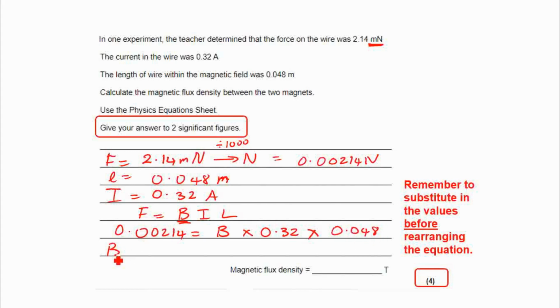Therefore, B is going to be equal to 0.00214 all divided by 0.32 times 0.048. And when you've plugged those values into your calculator, you should get a value of